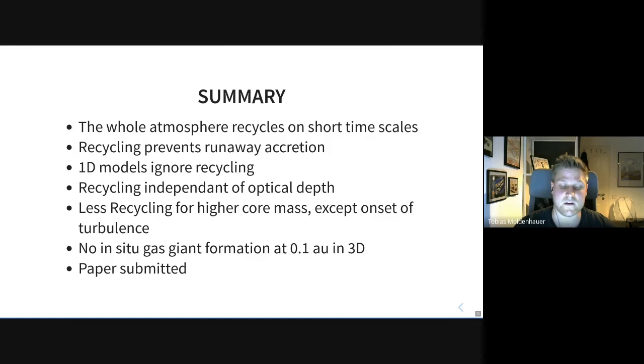We saw that for higher core masses, there's less recycling, unless you're at this one tipping point between 2 Earth masses and 5 Earth masses, where the onset of turbulence occurs. And from all those results, we can conclude that there's no in situ gas giant formation possible at 0.1 AU